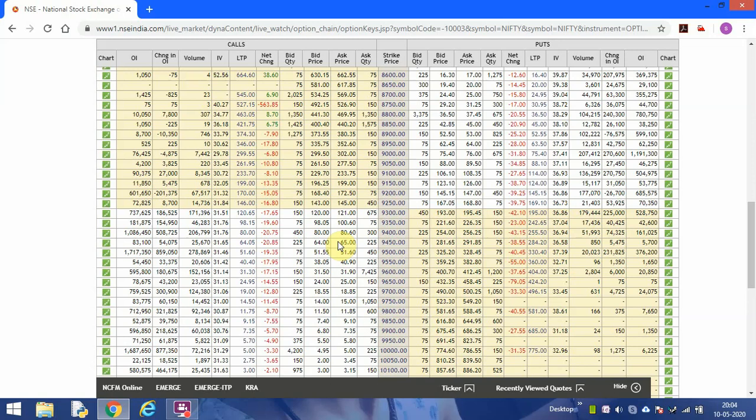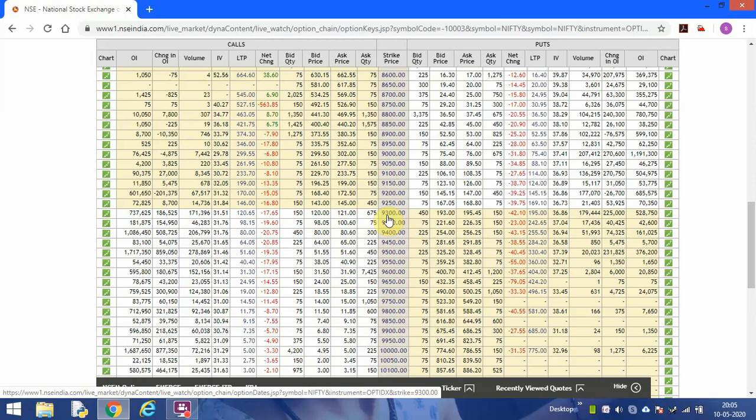These are your support levels. Put will act as a support, and here you see 9,300. If it goes after 9,250, which is today's Nifty level or the closing level on Friday, you see 9,300. There are 7 lakhs, then 9,350, where open interest is less, you can ignore that. Then next is 10 lakhs, 5 lakhs, then again you ignore this, then again 17 lakhs. So that way you take support here at 9,300.